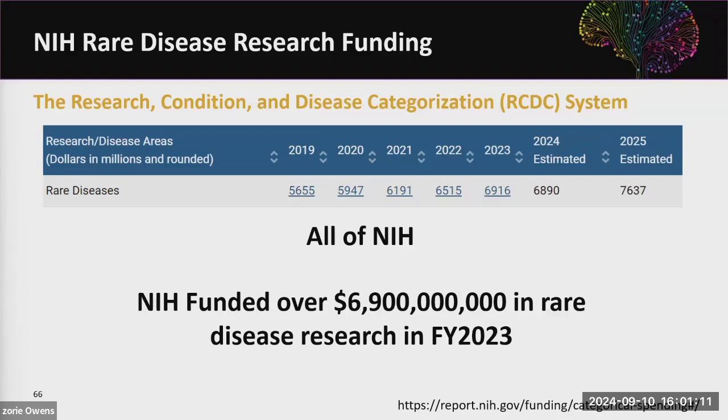So rare disease is actually what's called an RCDC term. So NIH has a series of terms. Some are very specific to a disease. Others are areas of research where they keep track of the amount of dollars that are spent per fiscal year. So NIH as a whole is very committed to rare disease research. And in FY 2023, we funded $6.9 billion